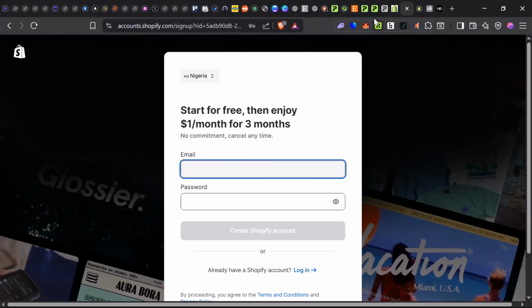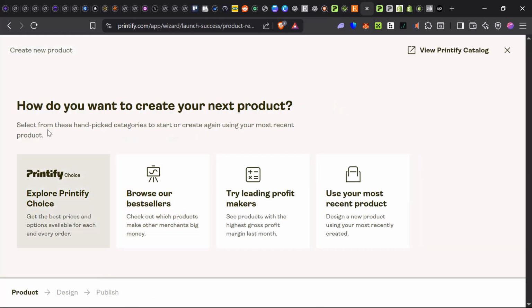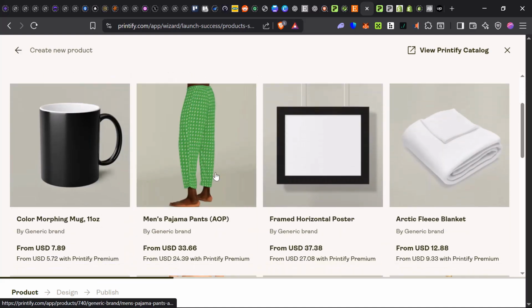So we are back on Printify. Just click on create product and it's going to take us to this menu here. So product, design, and publish. All right, so on the create new product menu, all you need to do is select the best sellers. If you remember, one of the best sellers from Printify was a t-shirt. So just go ahead and click on best sellers